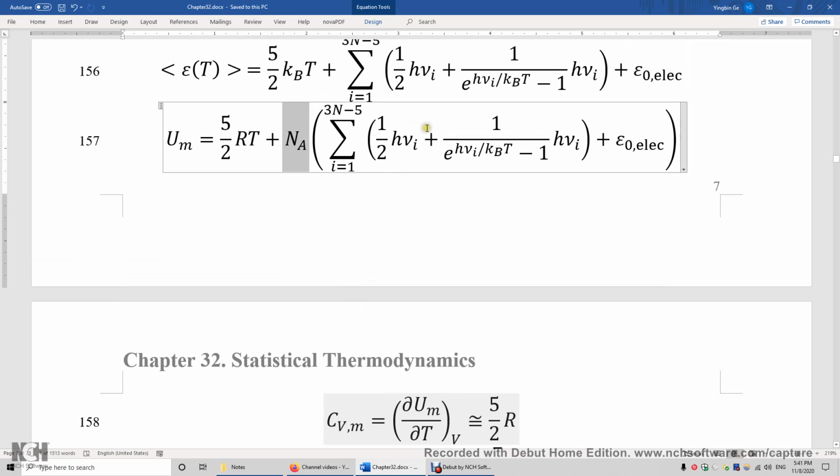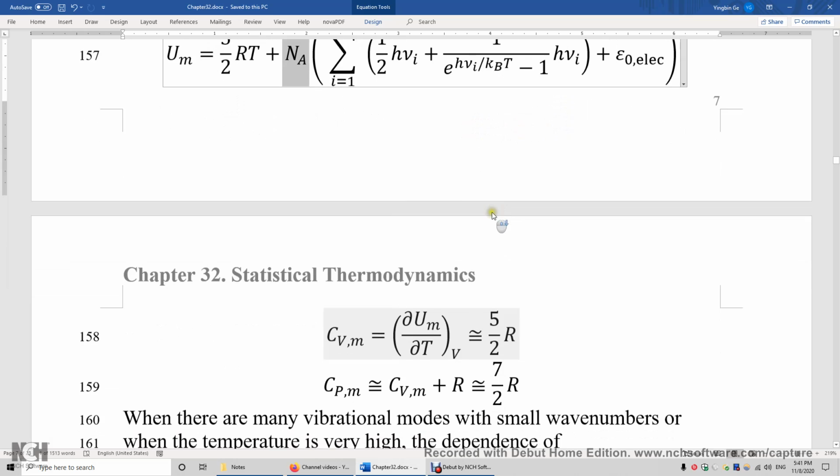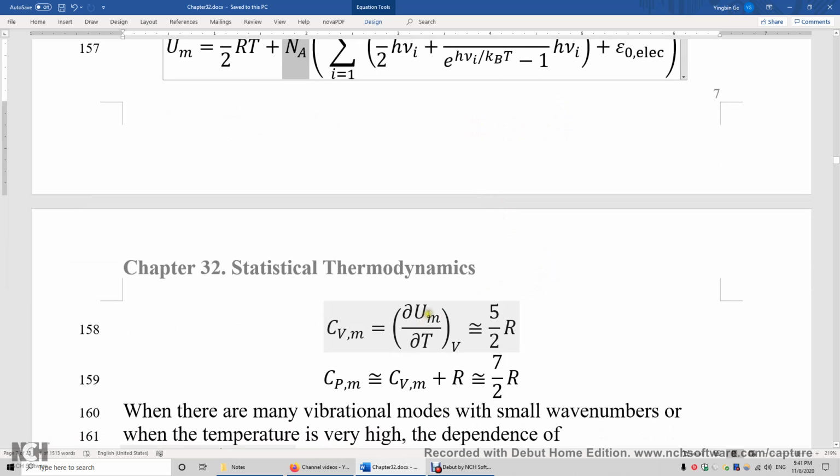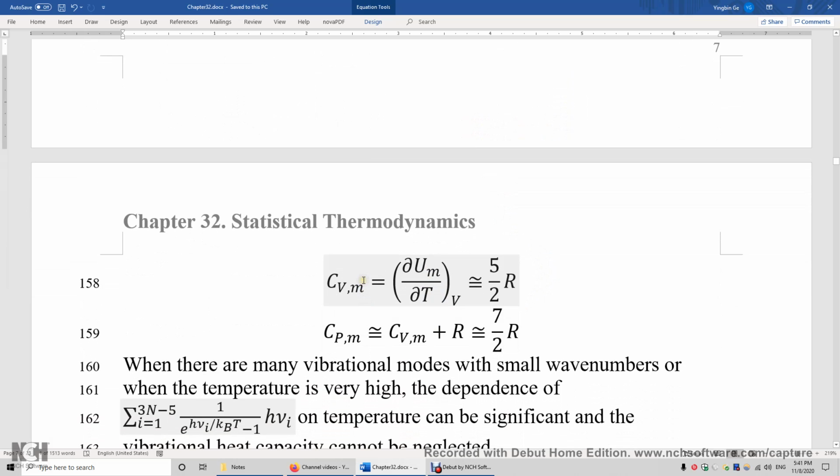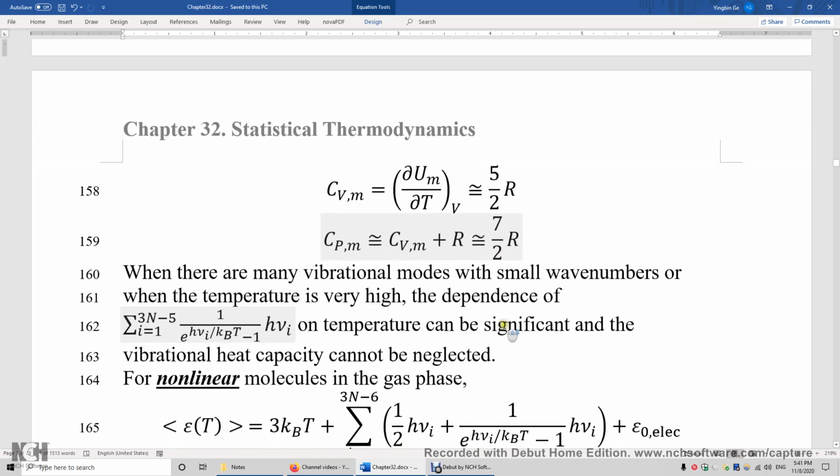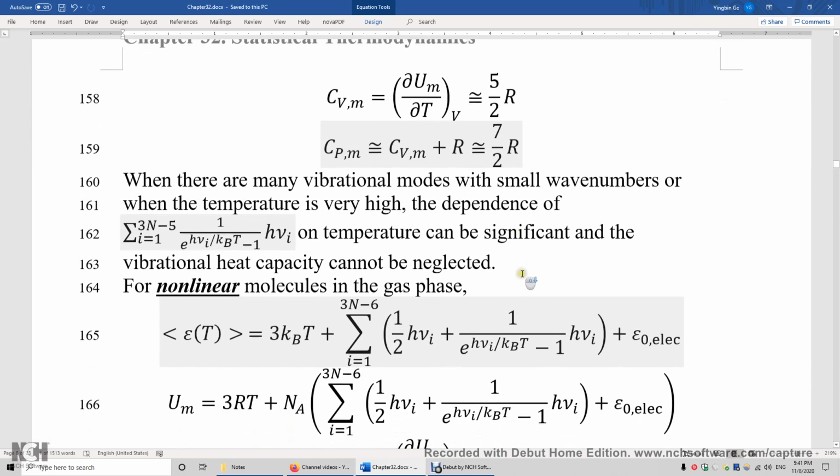However, if we do not have many vibrational modes with a small wave number, and the temperature is low enough, so usually the room temperature is considered low enough for most vibrational modes. In that case, we can just safely make approximations and say CVM is roughly 5/2 R and CPM is roughly 7/2 R for linear polyatomic molecules. Now for nonlinear